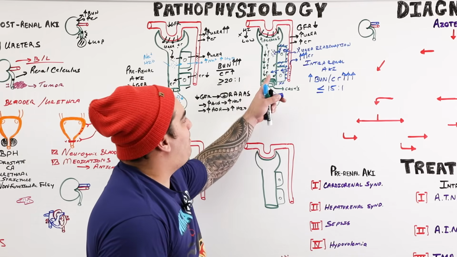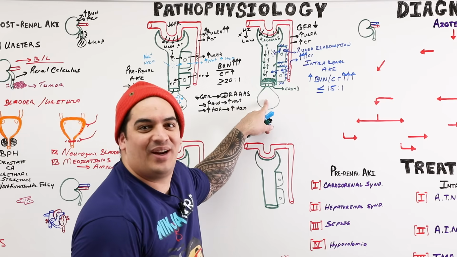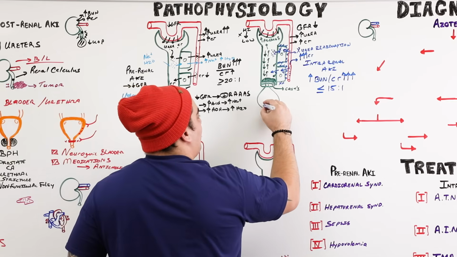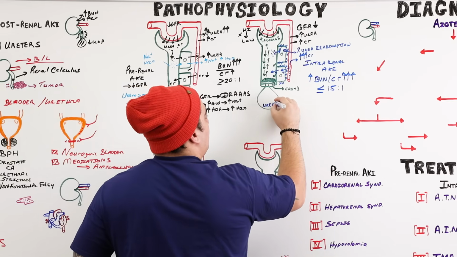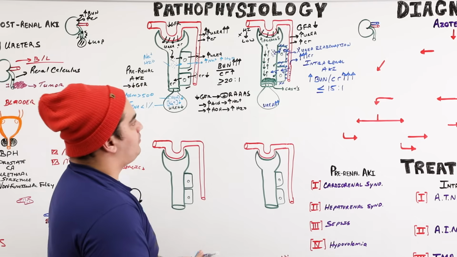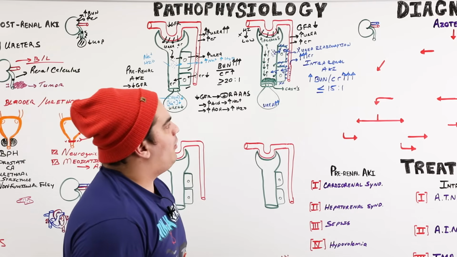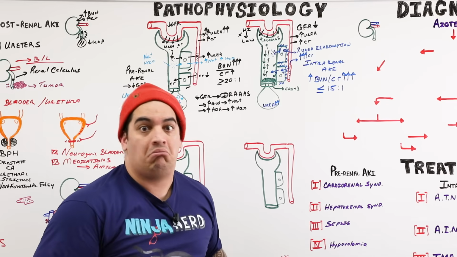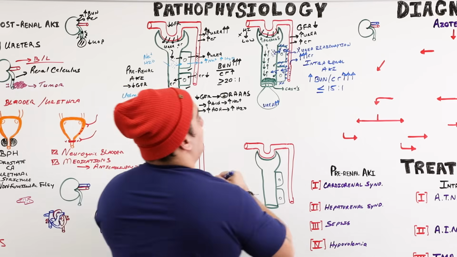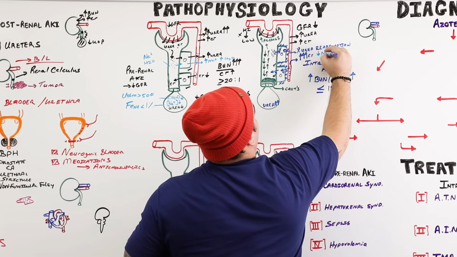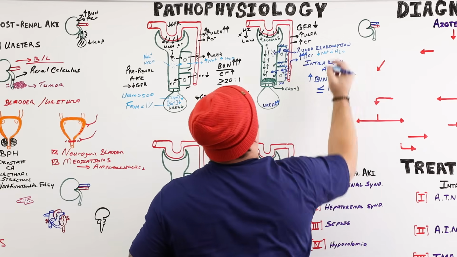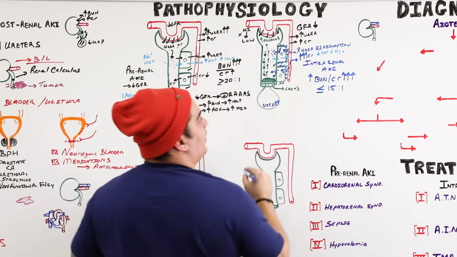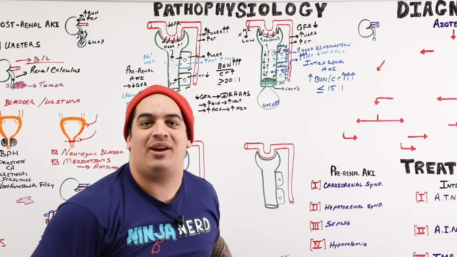Now, what will happen if you can't reabsorb urea? What happens to the urea in the urine? Does it go up? Yeah, because you can't reabsorb it, so you pee it out. You get tons of urea in the urine. Okay, beautiful. Another thing, if you're not reabsorbing urea, can you reabsorb sodium and water via the osmotic gradient? Nope, that's all jacked up. And so now less sodium and less water get reabsorbed, because normally they want to follow the urea, but they can't because urea is not being reabsorbed.